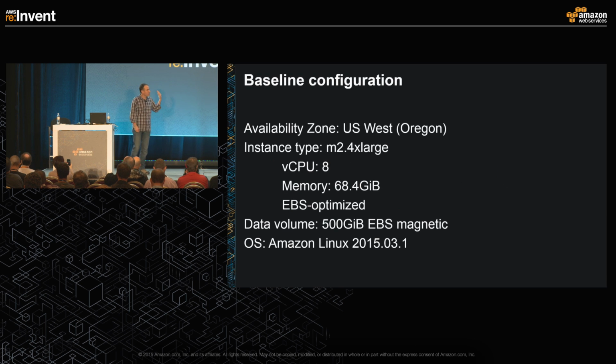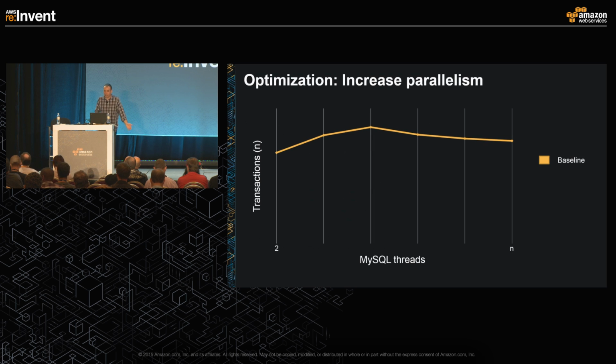So I picked a surprisingly common instance type and configuration to start our journey today. I picked an M2 extra large instance. I attached a 500 gig EBS magnetic volume, and then I've run the sysbench workload a few different times. And to show how increasing queue depth can change the number of transactions your database can do, I ran that sysbench workload a few times, increasing the number of MySQL threads, which is really increasing the queue depth to